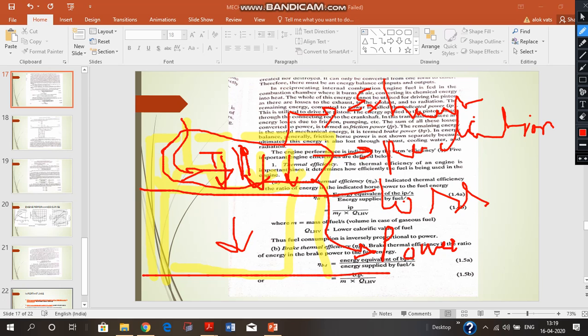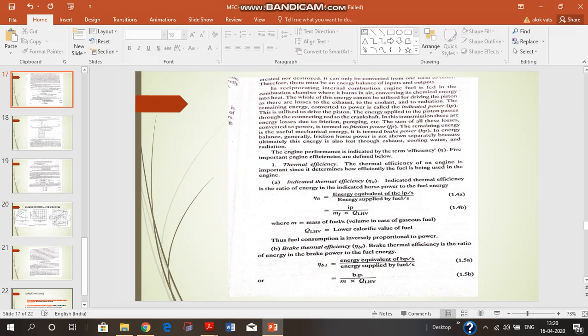So the energy supplied, the energy produced by burning of the fuel, when losses are subtracted from this energy, provides the useful energy necessary for the bringing down of the piston. And during this bringing down of the piston from TDC to BDC, the work is done by the gases, and the work is done by this energy, and that is why it is called the power, that is the indicated power. So this is the indicated power, and let us understand now the brake power.